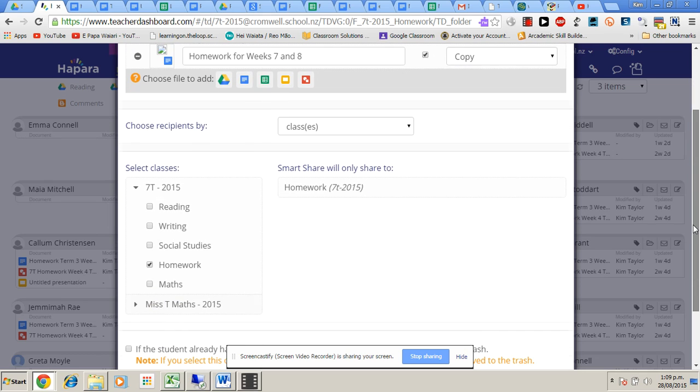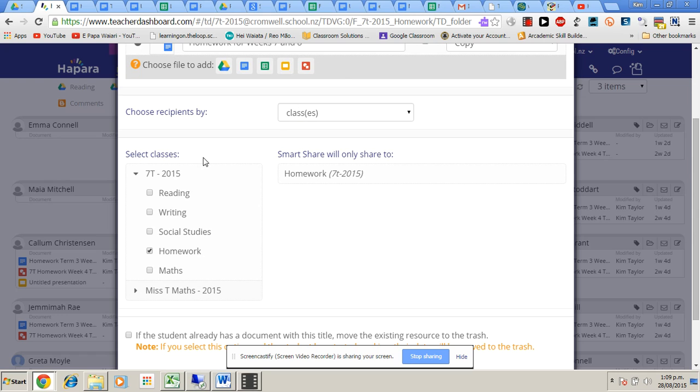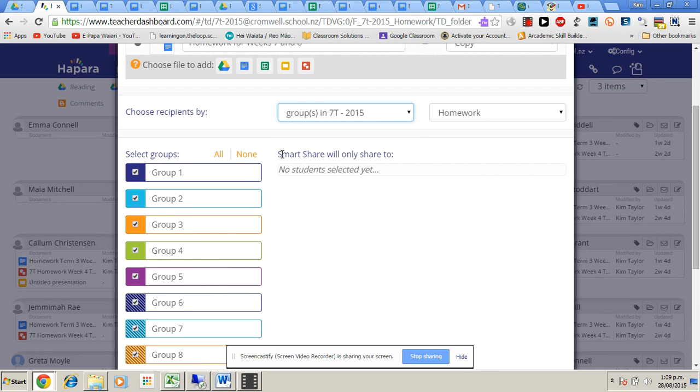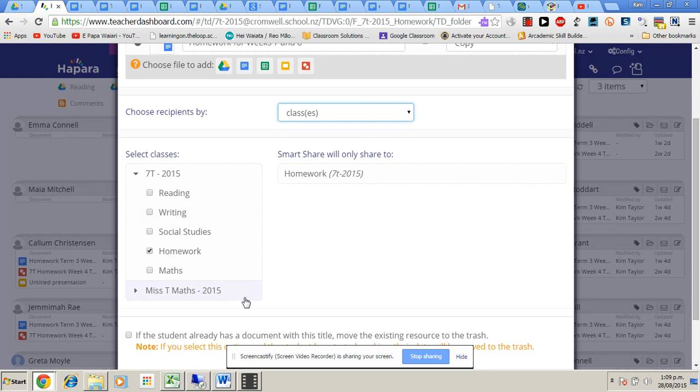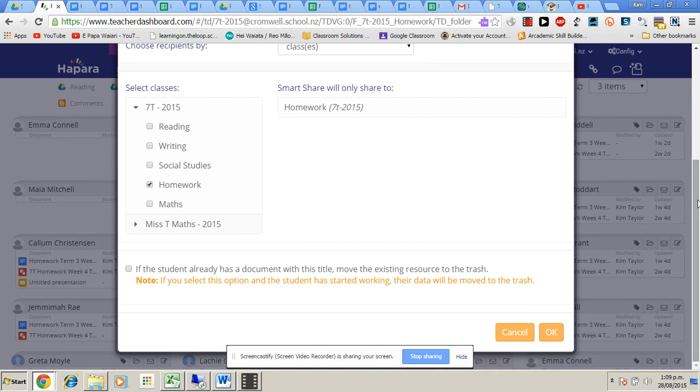Now, I would like to choose my recipients by classes, so I'd like my entire class to get this document. However, I do have the option of choosing particular students or particular groups. So if I click group, then down the side here I could click which group I'd like to receive this. I don't have any groups set up in my homework folder, but for example, in your reading folder, if you'd like to send it just to particular groups, you could select those groups. So coming down here, then the last thing to do